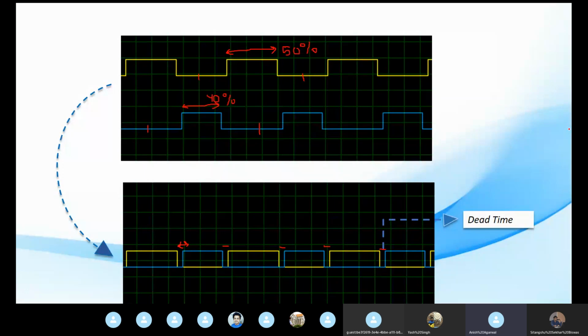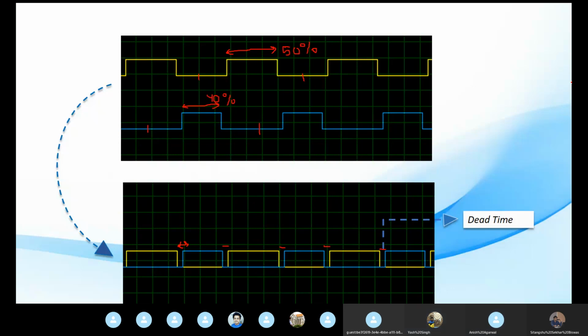So what is my total time? My total time in one time period is 512 plus 512, which is 1024. The dead time is a fraction of it, in this case 112 bits. So 112 bits by 1024 is my dead time of the time period. How can we calculate the time period? It is simple. We divide the clock frequency by the frequency of the pulse. That will give us the time period. All right. Next slide.